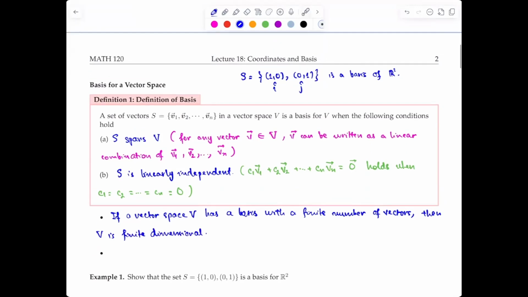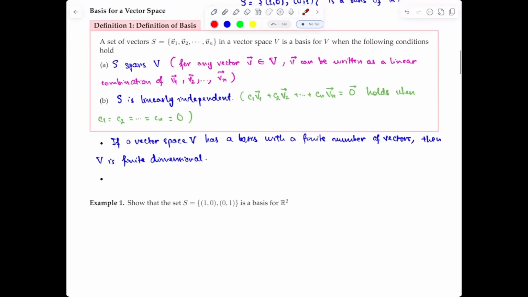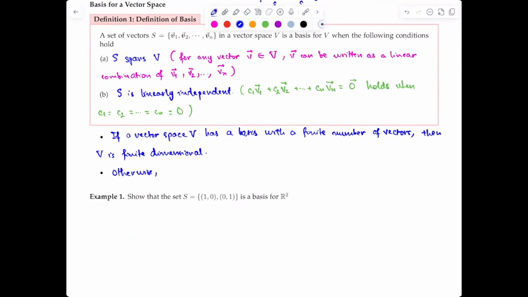Okay. So an example I give you here, S is the set with two standard unit vectors, and this set is a basis for R2 because there's only two vectors in the set, right? And this set creates or is the basis for it. Otherwise, V is infinite dimensional. So let's consider the following